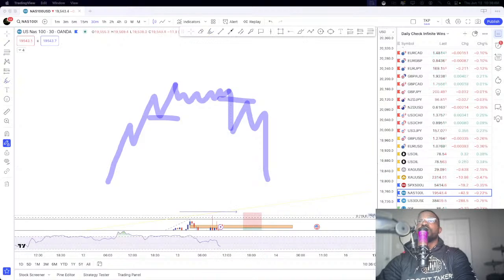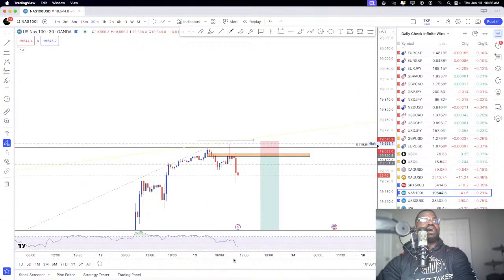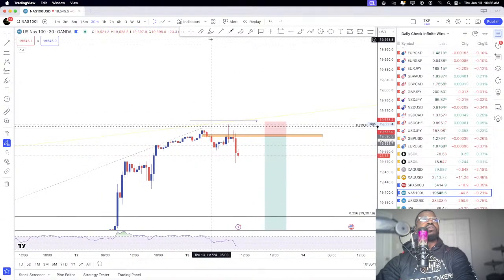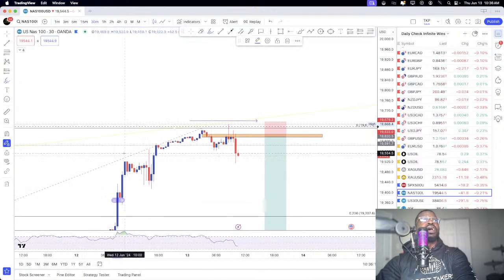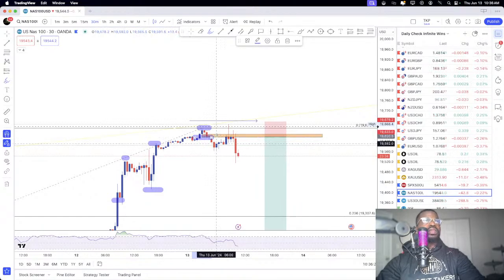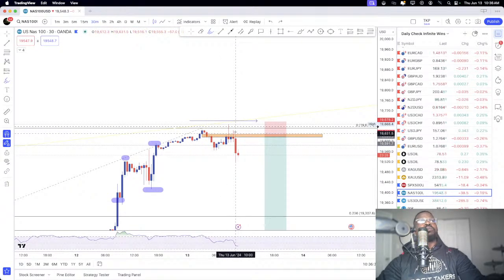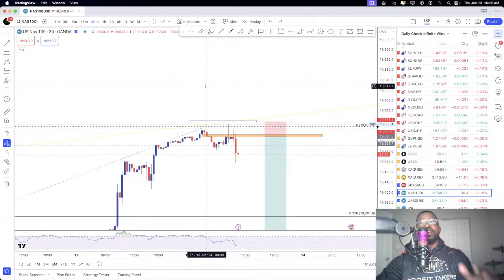And this is exactly what I did to enter NASDAQ 100 and S&P 500. So we had the market moving up, creating higher highs and higher lows. As soon as it reached this point, we have this sideways movement. And as soon as we break below, I set what you call a limit order. And this is why I preach making profits without being present. A lot of people think, okay, I want to get into the world of trading, but in order to do so,